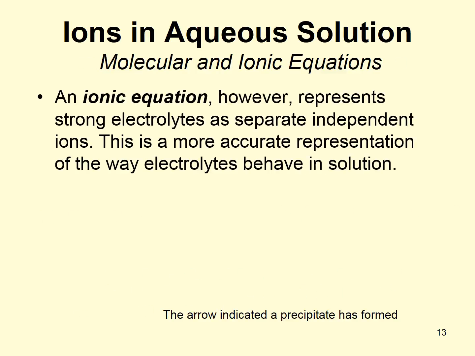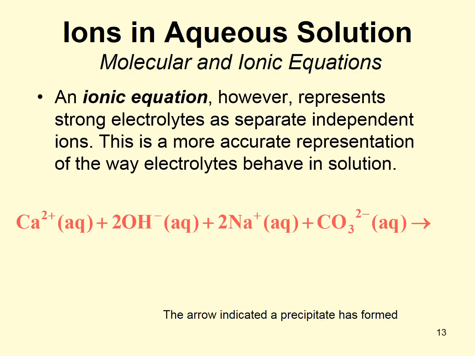Now, if we want to write this in a truer form, as an ionic equation, what we're going to do is break apart any strong electrolyte. So anything that has (aq) following it needs to be written as separate independent ions, because that's actually the way that they are in solution, and it's a more accurate representation. So if we look at the previous equation, we see that calcium and hydroxide can be broken apart, both aqueous,